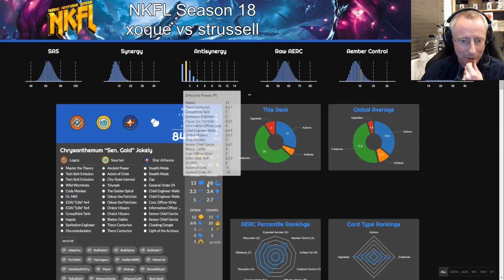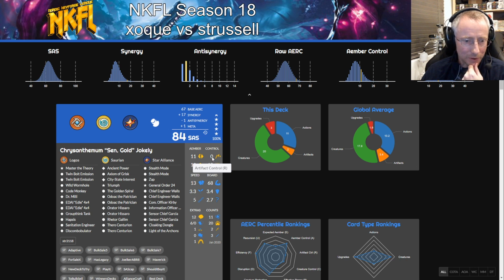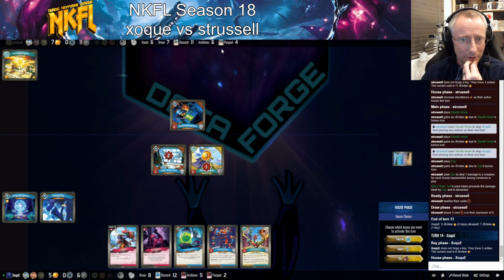Can they stop me? They have the 2 Garcias. They have a Reader Gallum with a Golden Spiral. That's +6. With a Cerro Centurion or 2. And double Orator. So they're definitely setting up a big Triumph play. And then they have the 2 Eddies. So they can definitely stop me with the 2 Eddies, if they're not in their... Yeah, they're not in their archive. So...